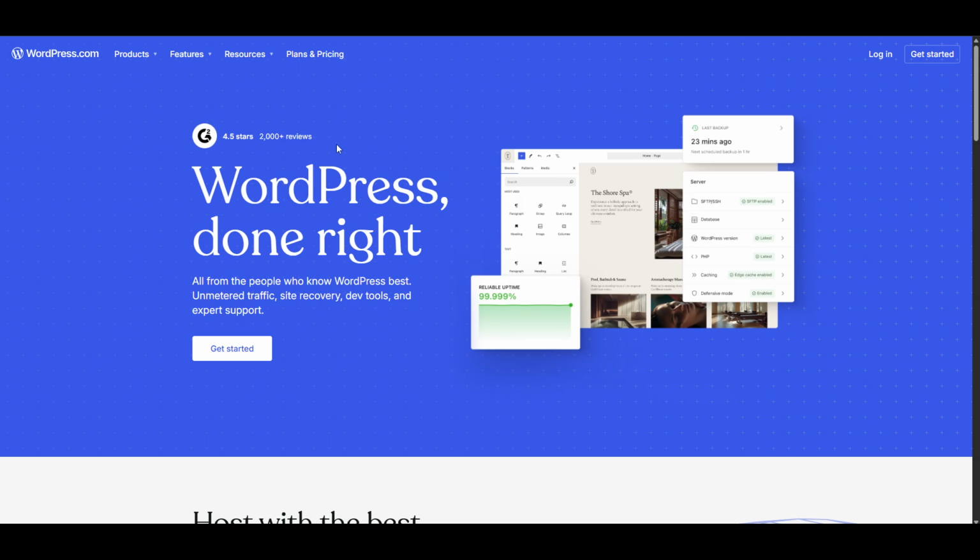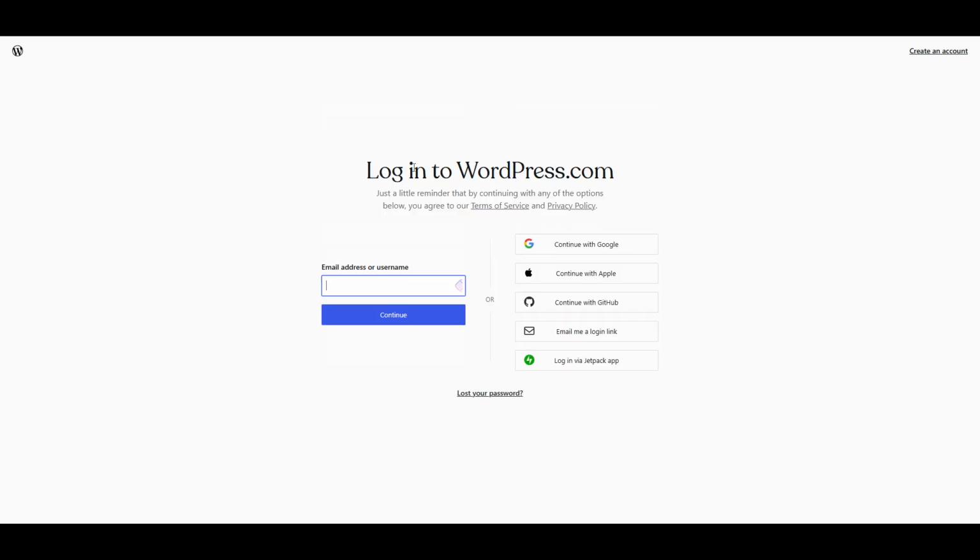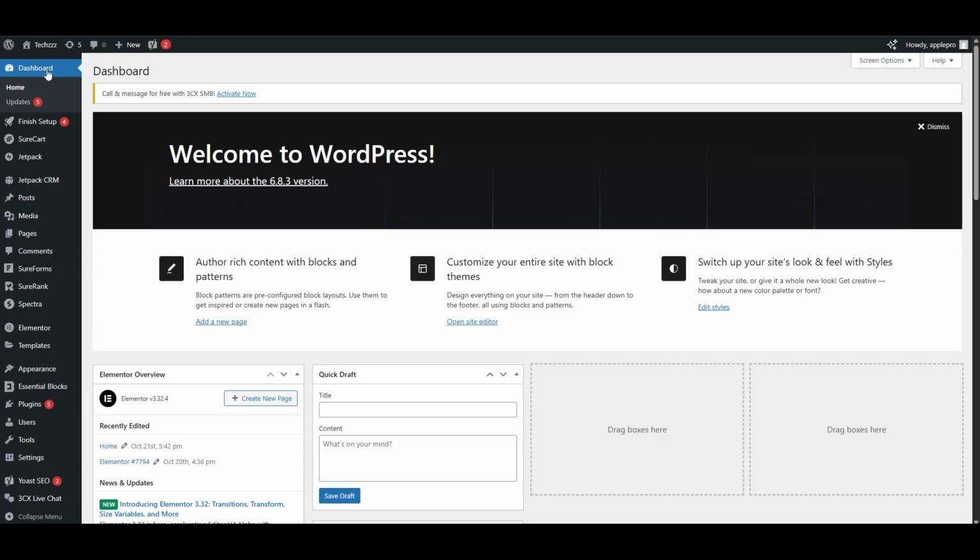First, make sure you're logged into your WordPress account. Open your preferred web browser, head to your site, and click the login button at the top right. For this tutorial, we'll use the Continue with Google option. Just pick your account and you're in. Quick, easy, and hassle-free. Once you're logged in, go to your dashboard and find the Edit Site option under the